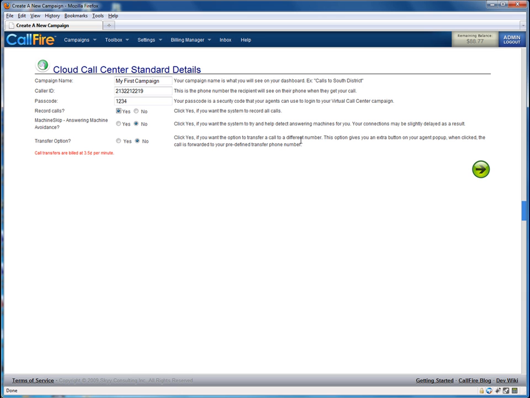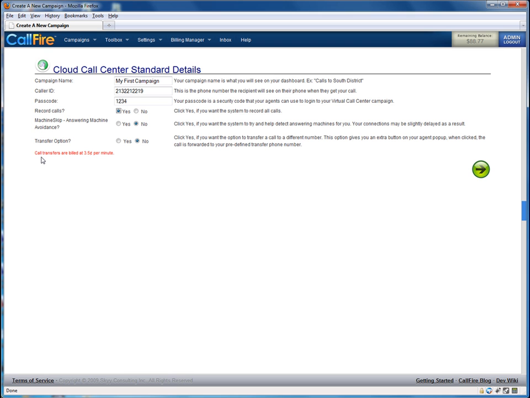The transfer option can be used for many purposes. Typical uses include sending the call to a closer, transferring to a sales agent after lead verification, escalation of a call to a supervisor or manager, or, in a political setting, transferring to a candidate or incumbent after an initial